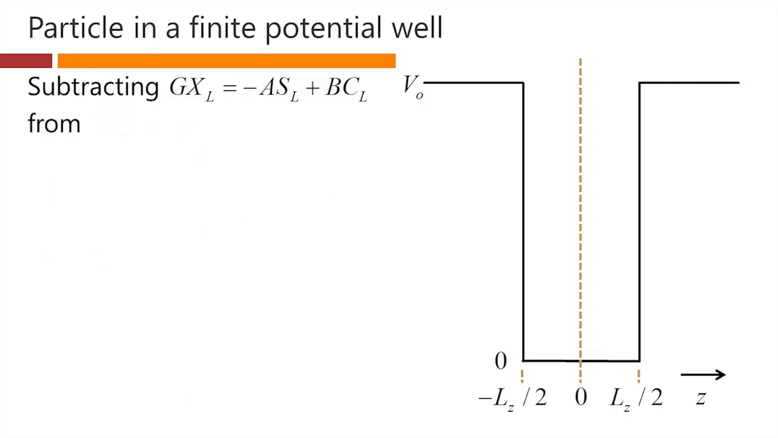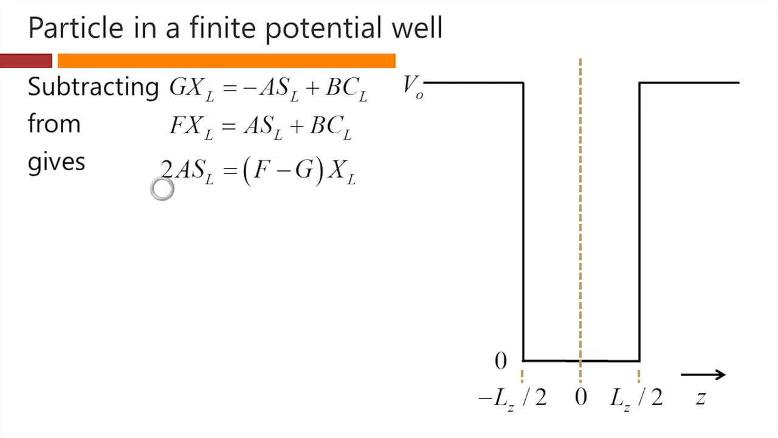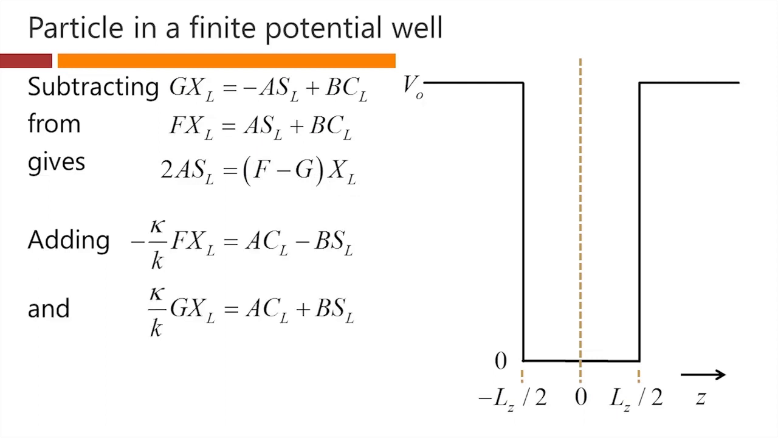Subtracting this equation from this equation, I'll get cancellation of these terms, and I'll end up with 2ASL here. So here's 2ASL, and I subtracted this one from this one, so I've got (f minus g) times XL. Adding these two boundary condition relations, similarly, I'm going to cancel these two terms. I'm going to end up with 2 of those. So there's my 2ACL on the left, and adding these two gives me minus kappa over k (f minus g)